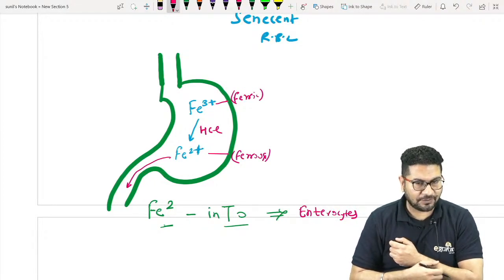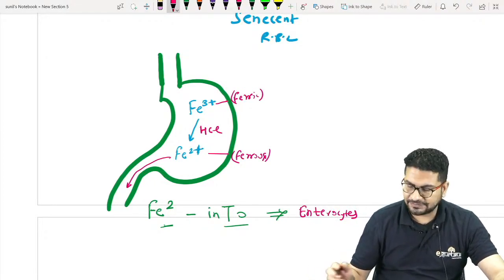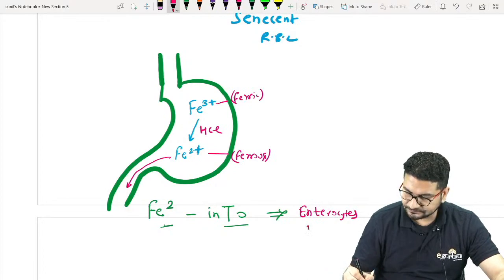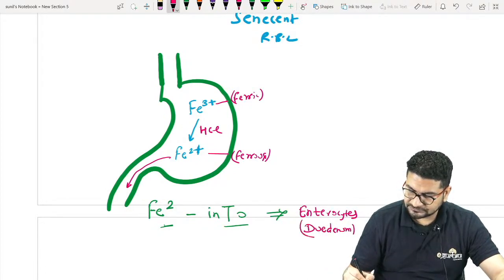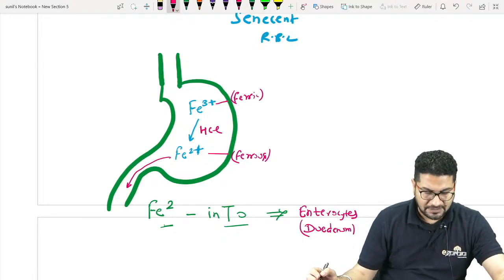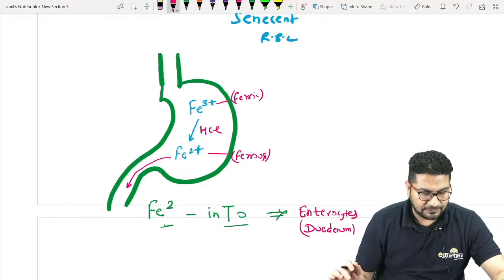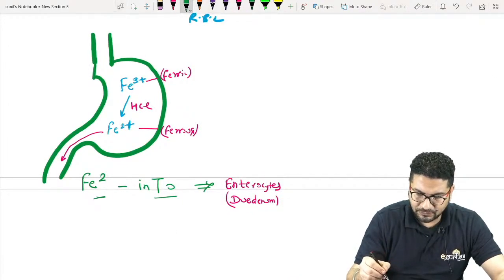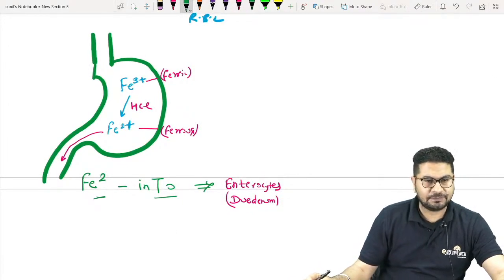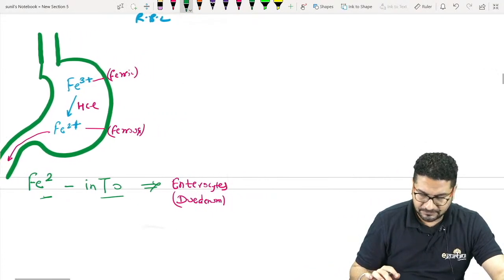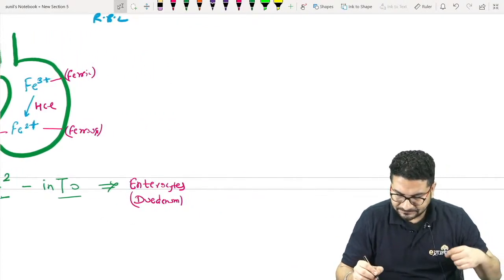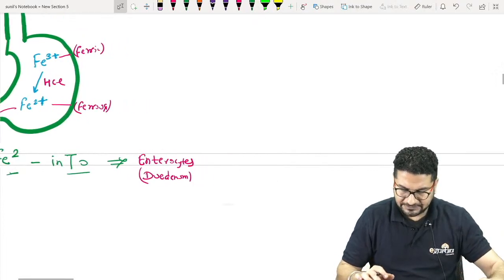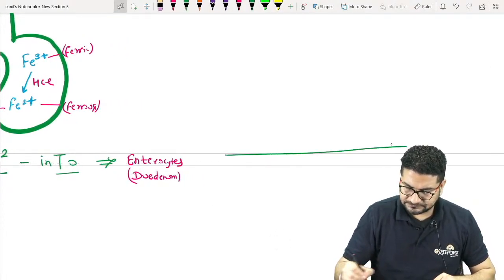So Fe2+ is entering your duodenum, your enterocyte. If I make a drawing once again, this is your